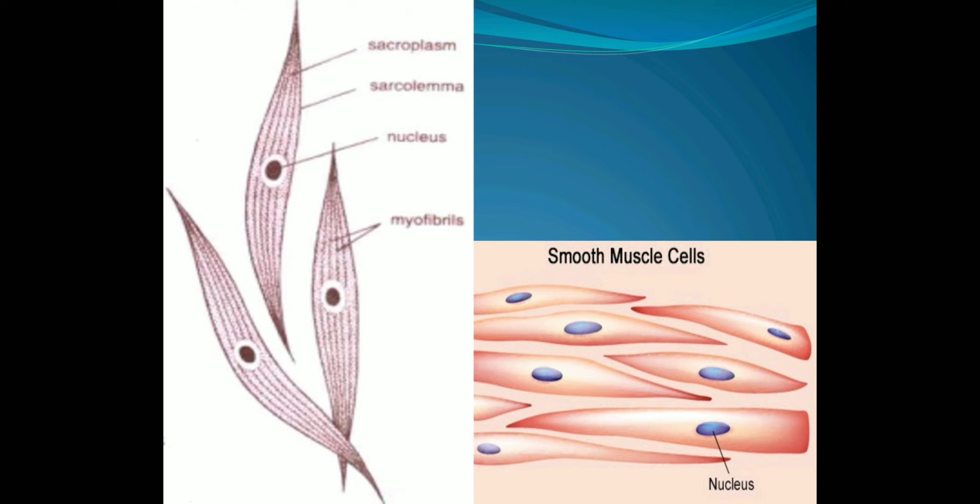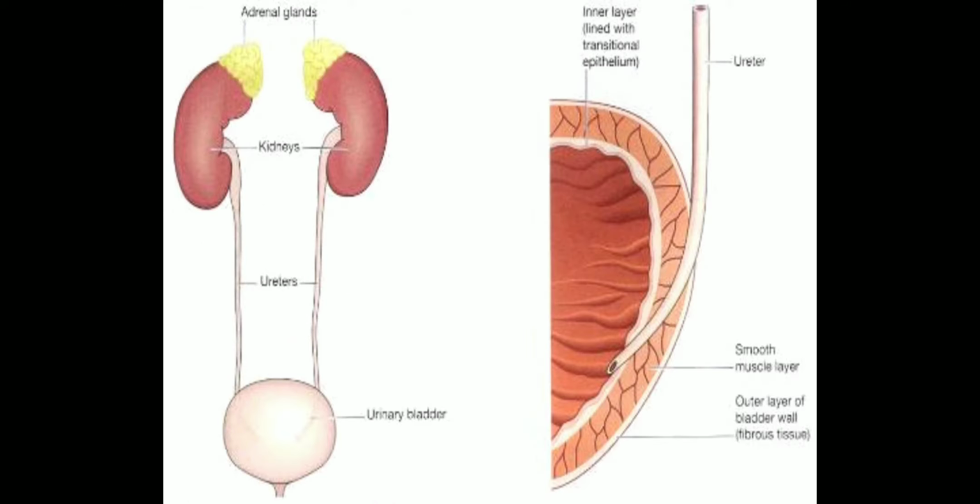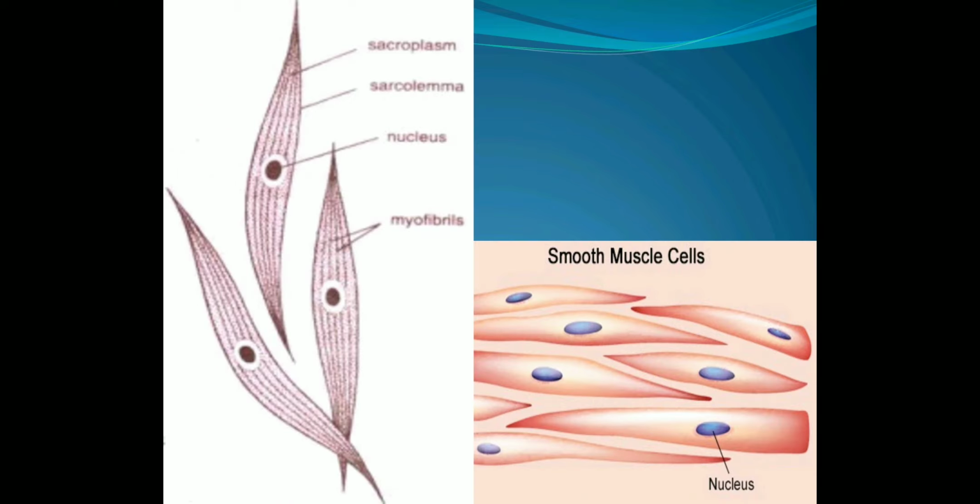So striations are absent. These muscles are innervated by the autonomous nervous system. So they are found in the walls of visceral organs and blood vessels. You'll find that these muscles may be arranged lengthwise, that is with the help of longitudinal muscles, or around the circumference, that is with the help of circular muscles of any organ. So they are either lengthwise arranged or circumferentially arranged to any organ.